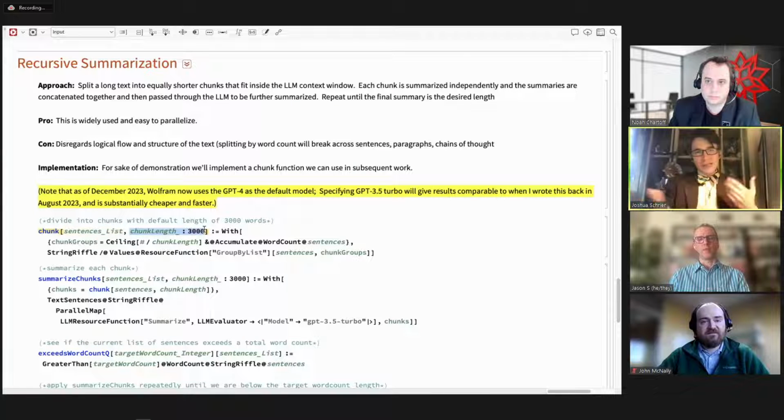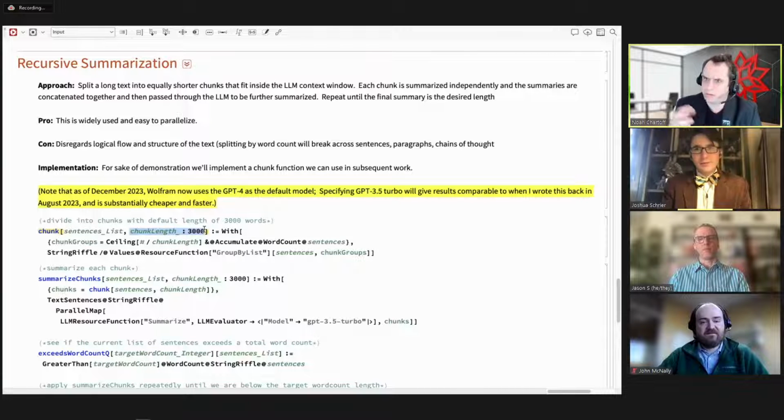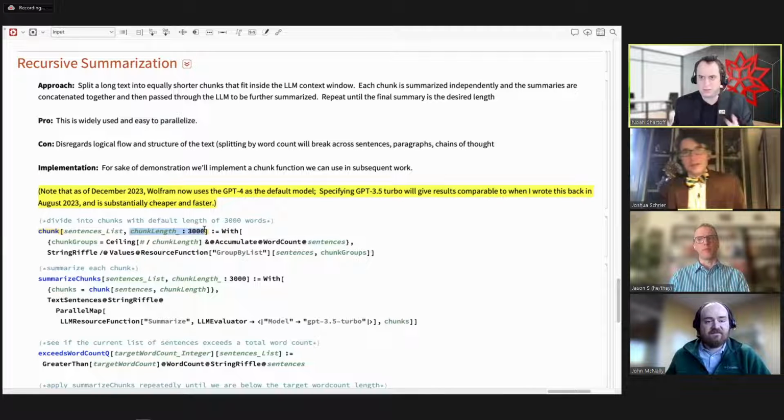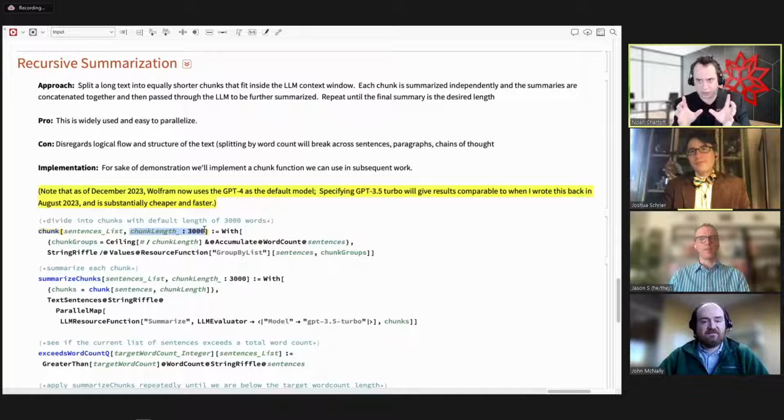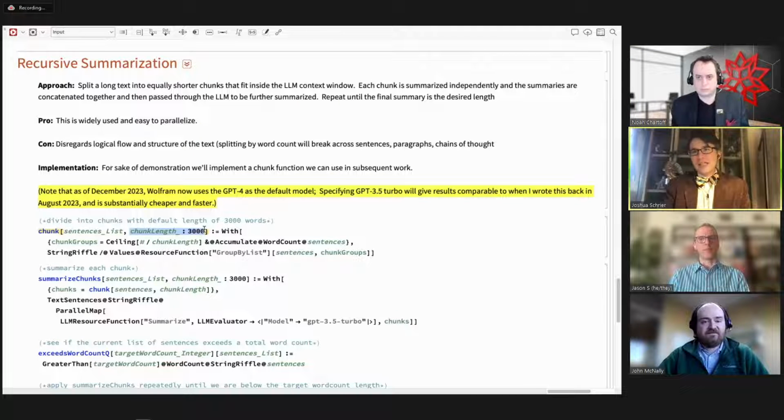I'm doing this based on word counts, which are not exactly the same as the tokens, but it's just practically easier to think about it. Am I correct in remembering that a token tends to be more like a part of meaning, like a suffix or a prefix, or it can be an entire word, but it's usually just whatever part means something within? Yeah, that's right. There's a little bit of special sauce in developing a tokenization, but yes, that's the